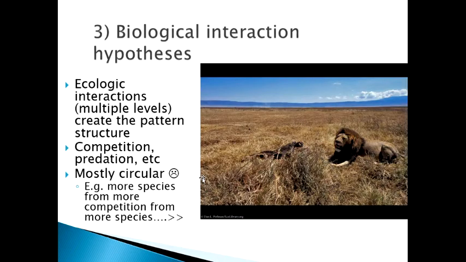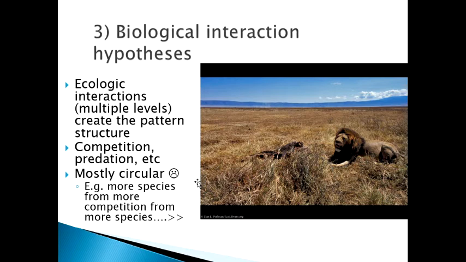And then you could group a whole bunch of hypotheses as interaction hypotheses. Competition creates more species, which creates more competition. The problem with a lot of these is that they are circular,